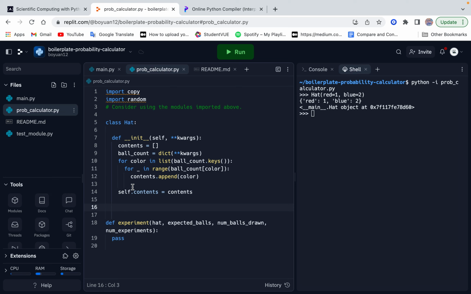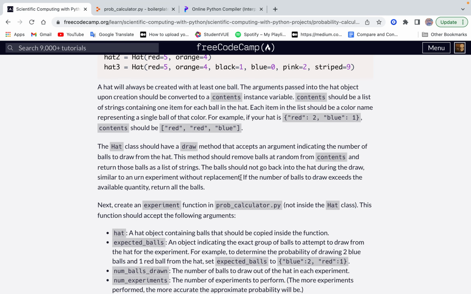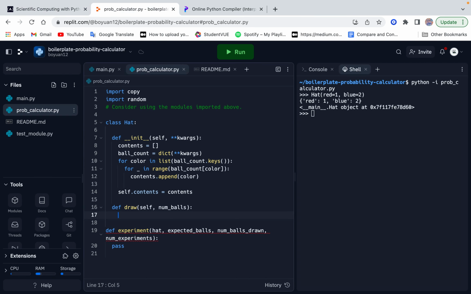But my idea would just be self. Self will always be the first argument in a class because that's how I can get access to all these instance variables. Okay, so on draw, let's say num balls, right? That's how many balls I want to draw. So I believe there's one check. If the number of balls to draw exceeds the available quantity, return all balls, right? So that means if num balls, we'll do that as a precondition, just to check. So greater than or equal to